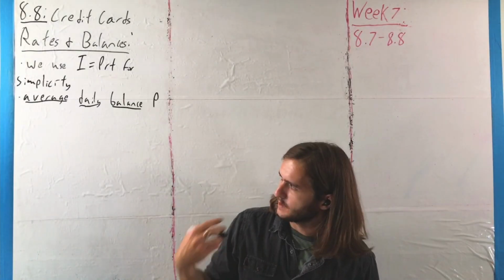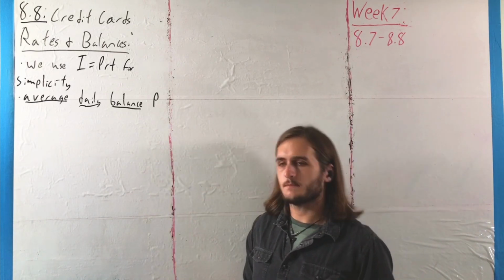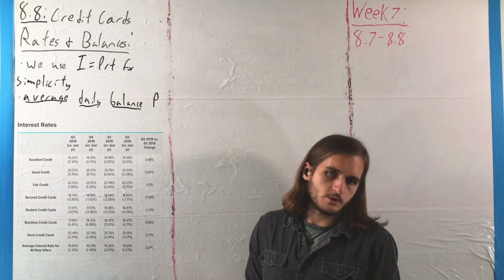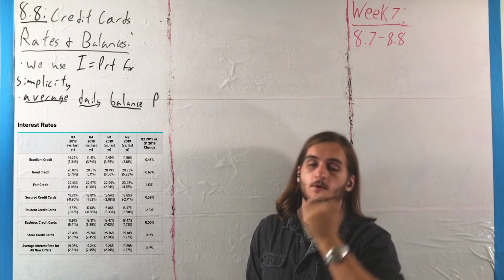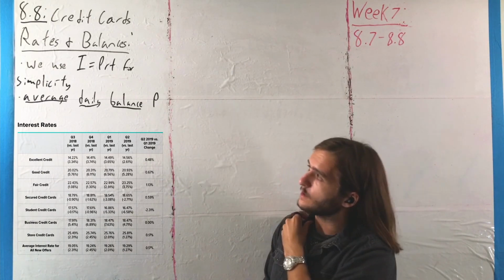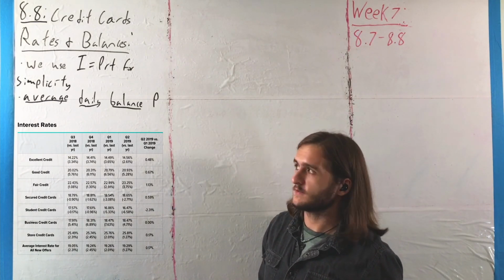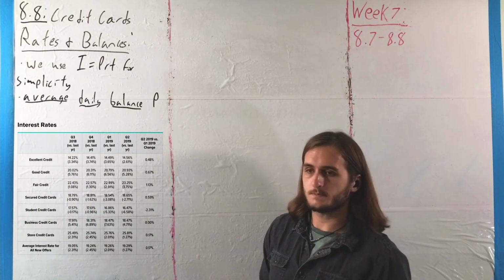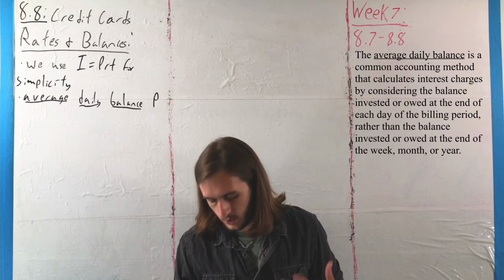For the sake of simplicity with our computation here, we're going to work in terms of simple interest. Again, credit cards don't necessarily have to use simple interest or even use the same interest rate for every single month that you have one, but so we can make things a little bit more manageable in terms of time and energy, we use I equals PRT, where the value P in this case is what's called the average daily